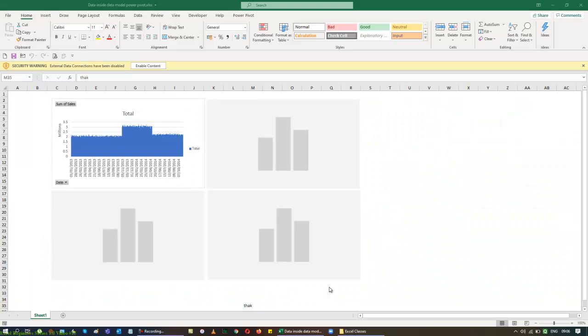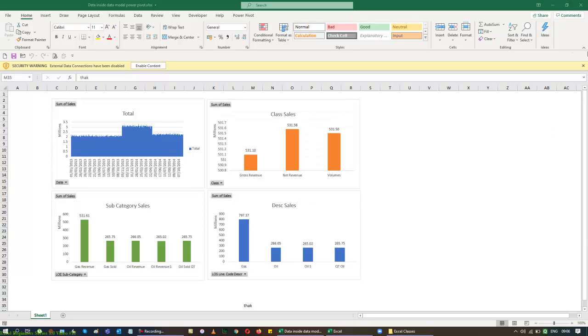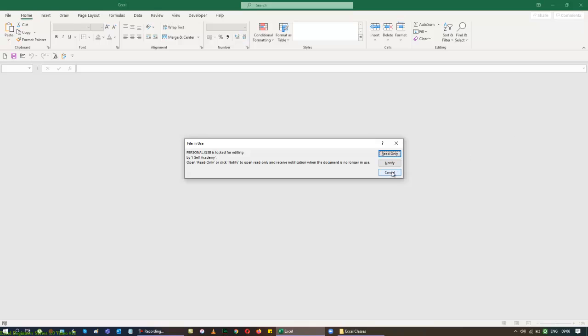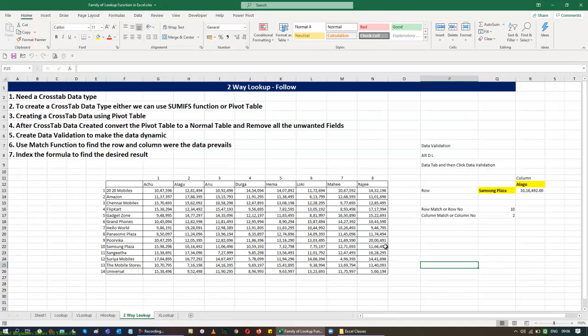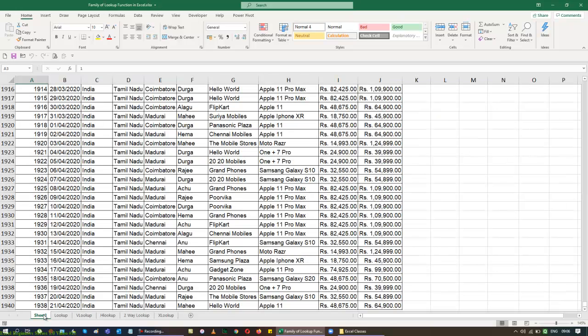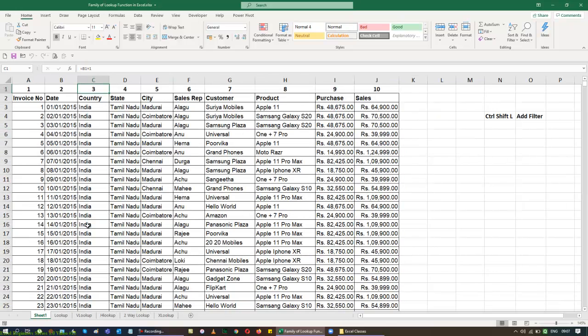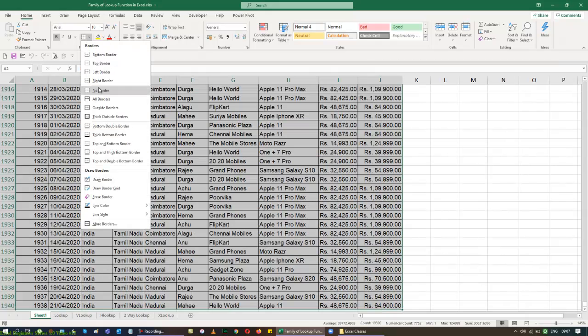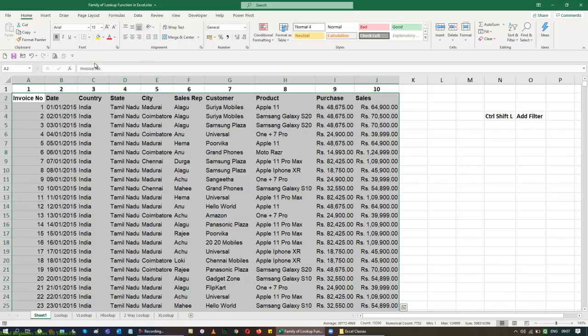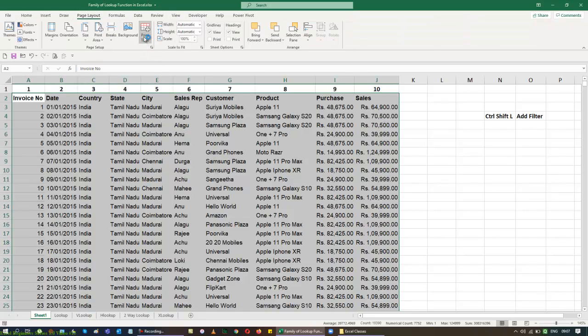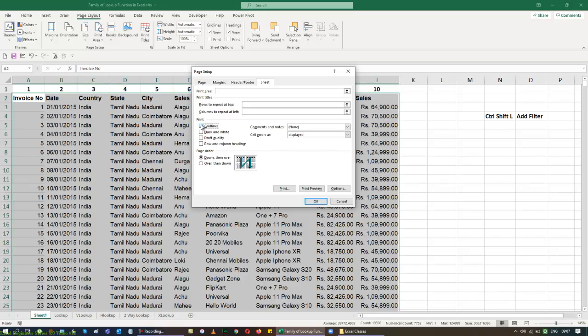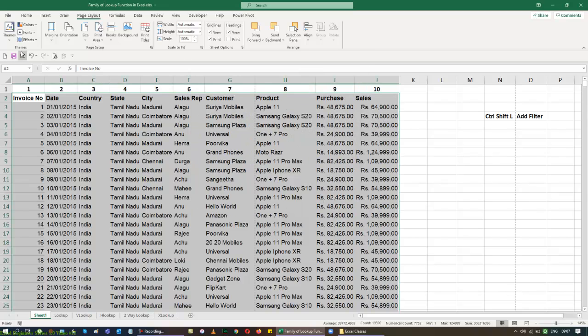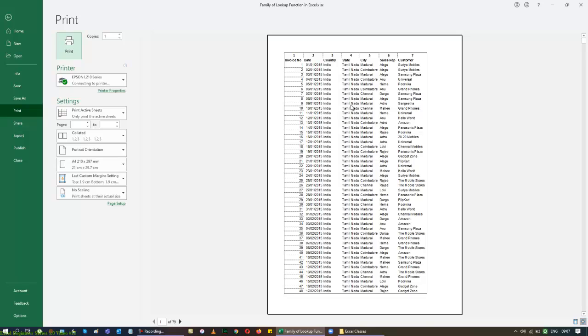So I think that I have a Power Pivot option available. So I don't want this. Let me open another file which allows us to get what we want. Yeah, here we go. So now I have a line here, or I think that I can see a sheet here. Yes, here it is. So let me just remove the whole border out of the list. Then come back to our page layout, print title, add grid lines, give it OK. And when I go to the preview, you can see the grid lines are coming up here again.